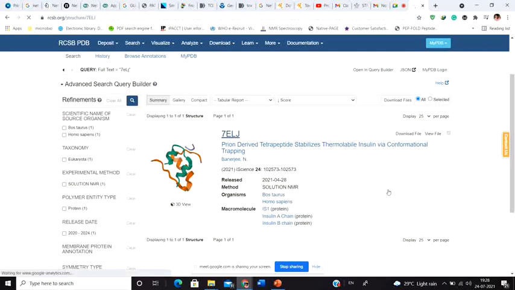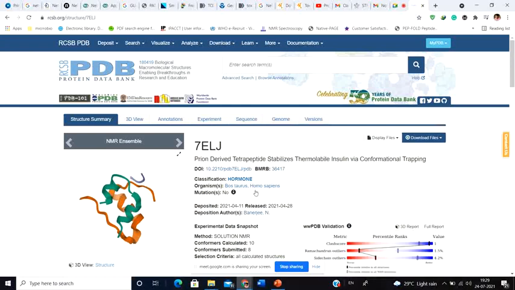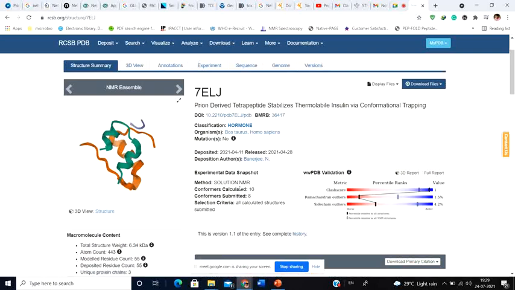So simply open it. It's an NMR solved structure. So I have solved this structure using the NMR method, and say this is the deposition author, Nilanjan Banerjee, my name. Okay, and you get to see this is a hormone, and obviously this particular insulin belongs to, though it's human, Homo sapiens, it also is a bovine insulin, so it also belongs to the cow. Okay, and it has no mutation, but you're not going to find out all the other essentials from this particular experimental data snapshot. Why? Because this is not an X-ray structure, this is an NMR structure, and an NMR structure is not going to give you the resolution and all.